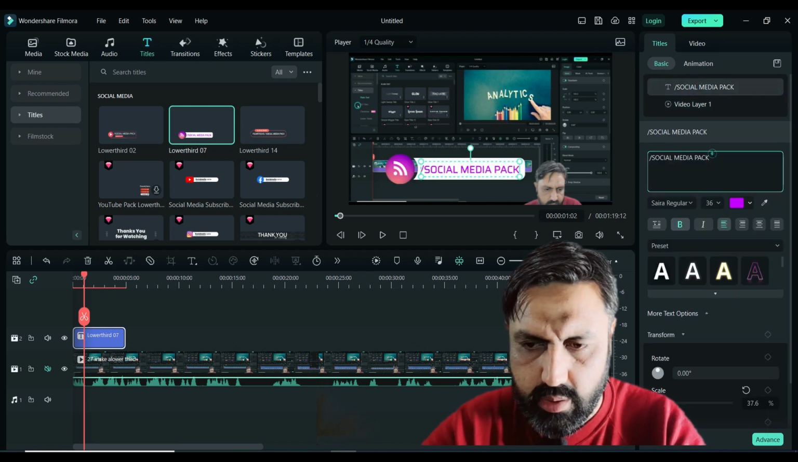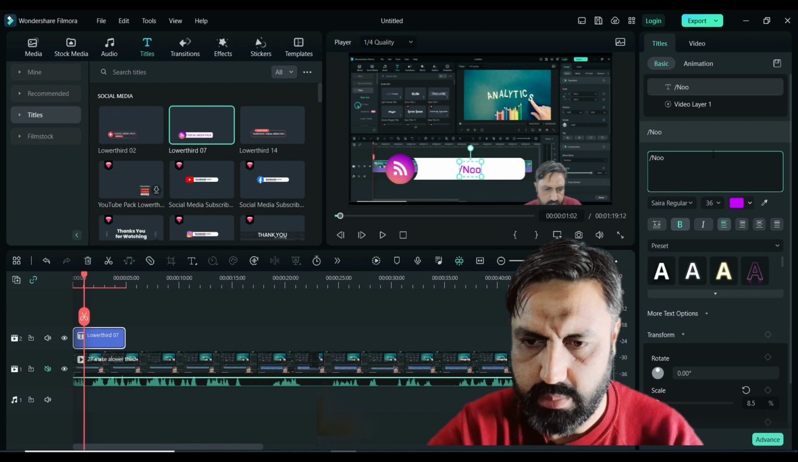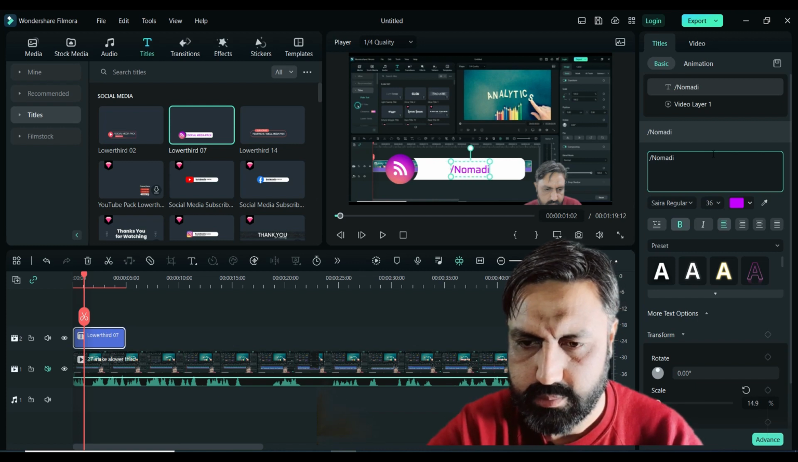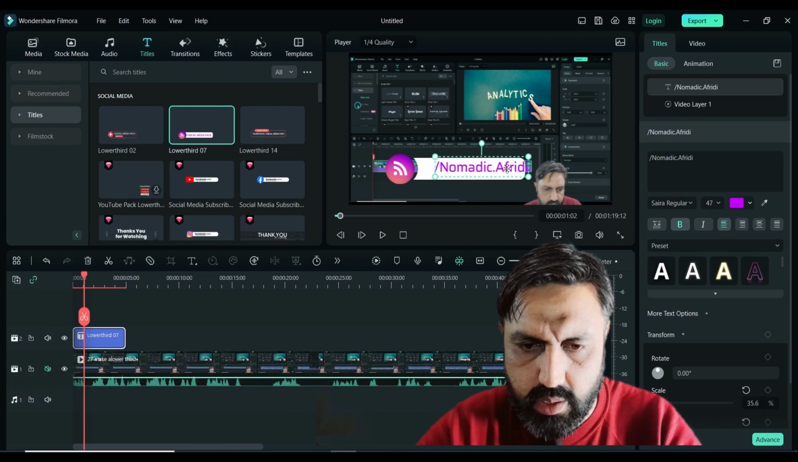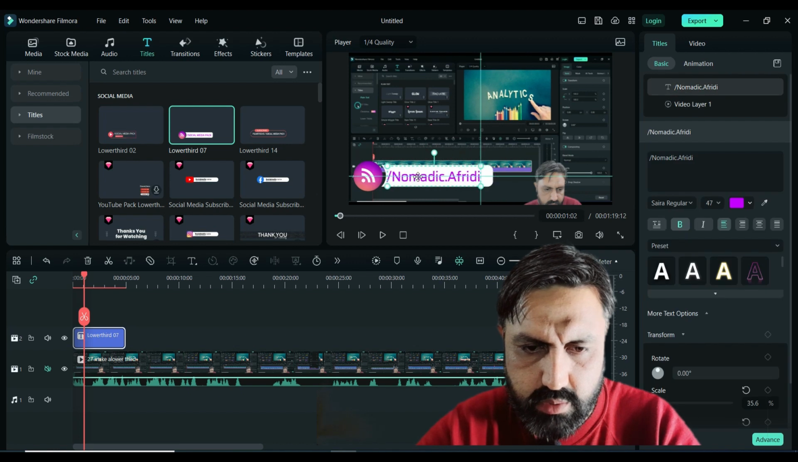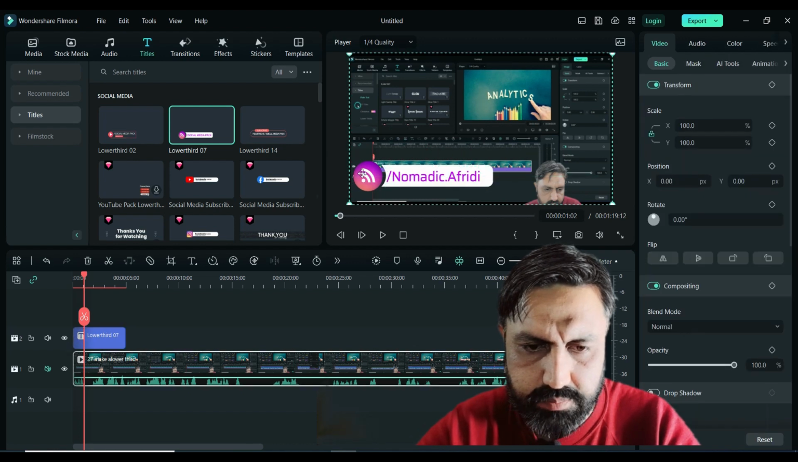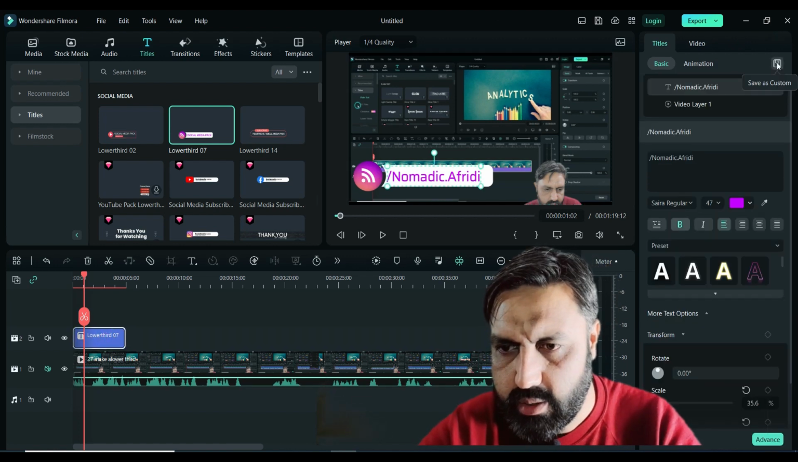So write your Instagram name. So my Instagram name is nomadic.afridi. So I have created my Insta button. From here I reshape it, resize it, reset it. So it is my Insta button, and now I click on this button, and from this area save as